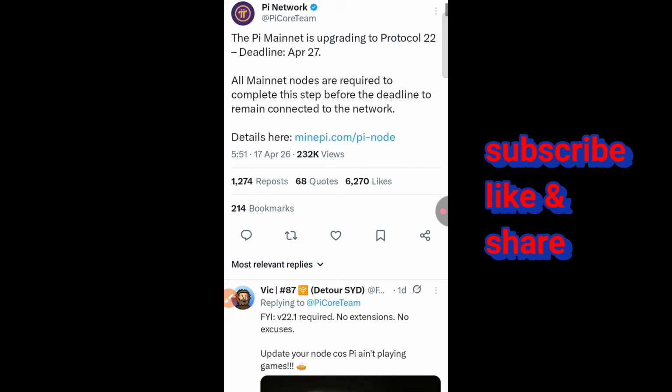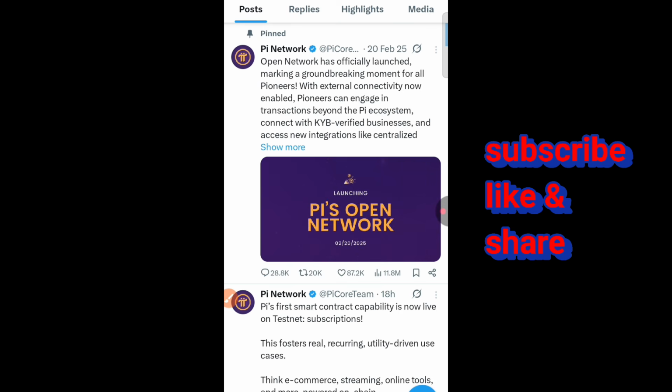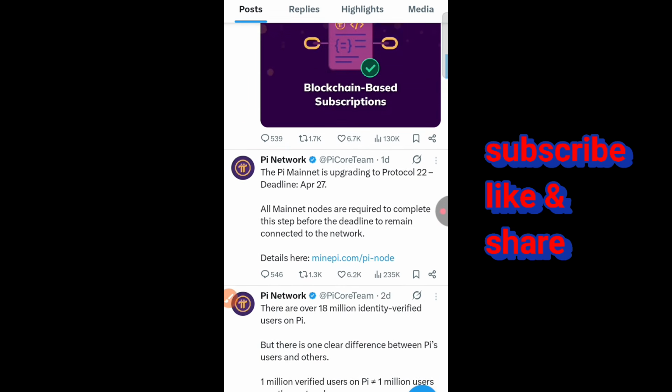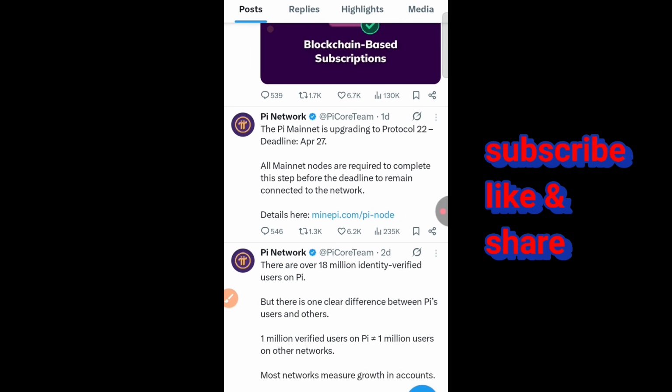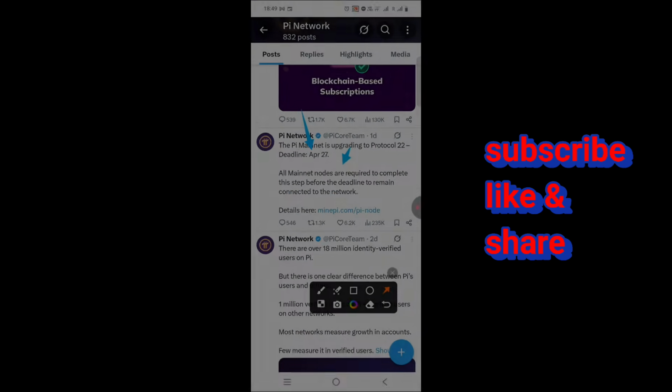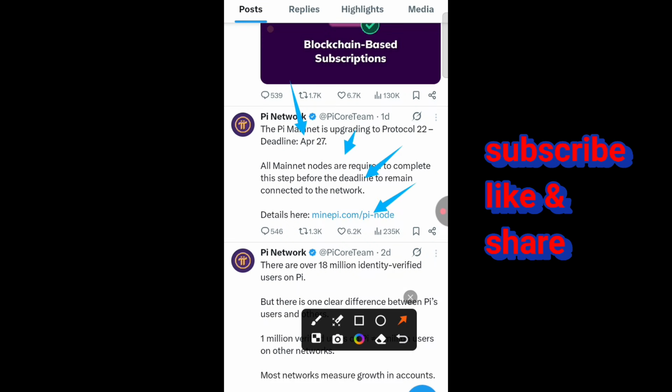So this was the update they made. I think yesterday they made this update concerning the upgrade. Yeah, it was yesterday they made this update, the Pi Mainnet upgrade to protocol, and the deadline here is 27. All mainnet nodes are required to complete these steps before the deadline to remain connected to their network. So once you click on this, it will take you directly to their post where you will read more about